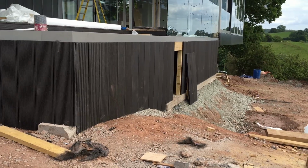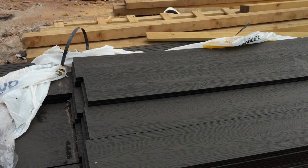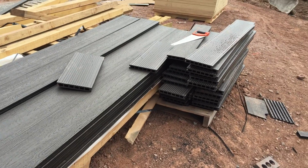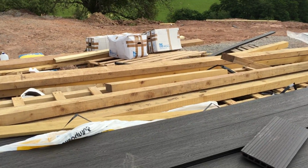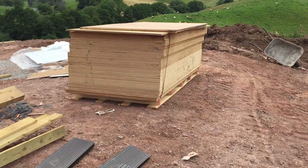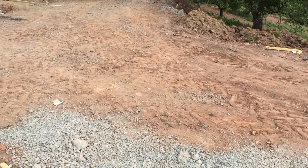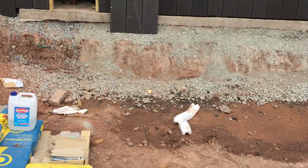But we've got a nice little service space so you can get in and get underneath around the thing. I'll show you that in a sec. These decking boards, and I think there's more down at the bottom, are going to be used up at the top. Got some of the joists here. I think all of this ply here is for the upper gin deck as well. So it's all really starting to come together, which is amazing. But then they have only got 2 weeks, so